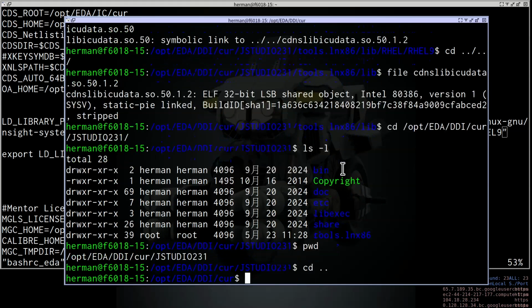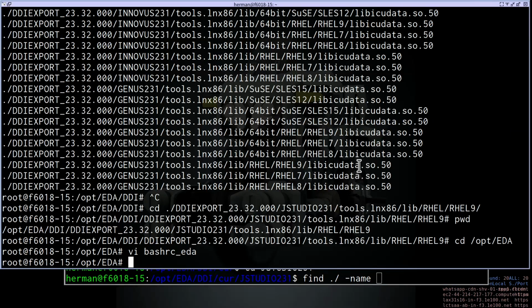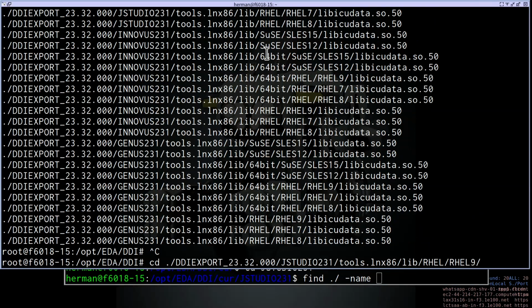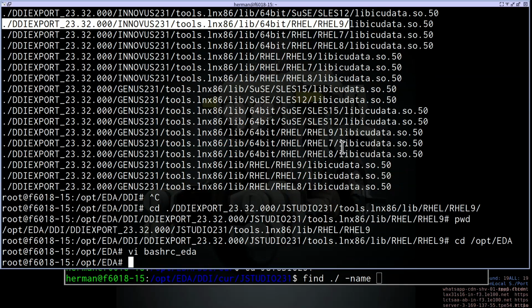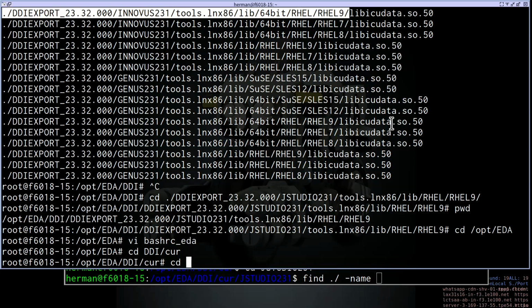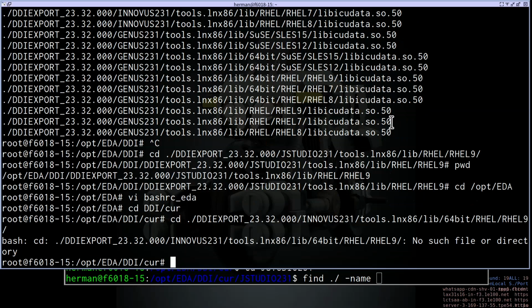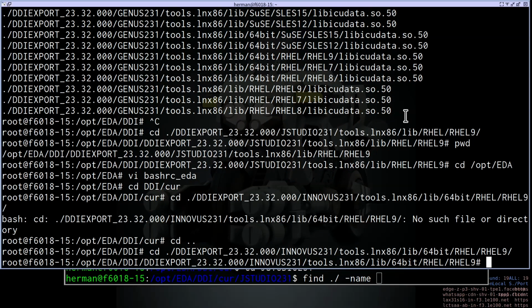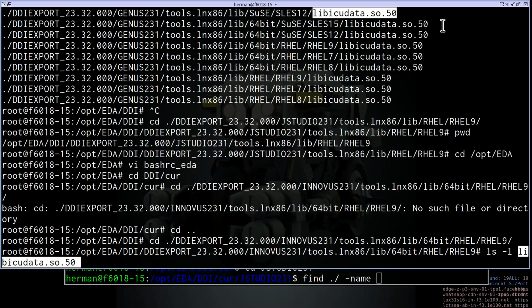Okay. This is 64-bit. 64-bit here. You see, 64-bit here. So we can go to this directory and check the file again. cd ddi CUR cd. We can go here. Right. cd, ls -l lib this file.